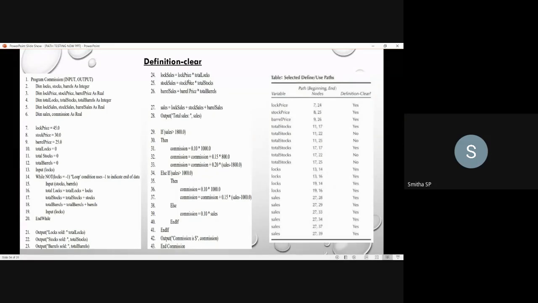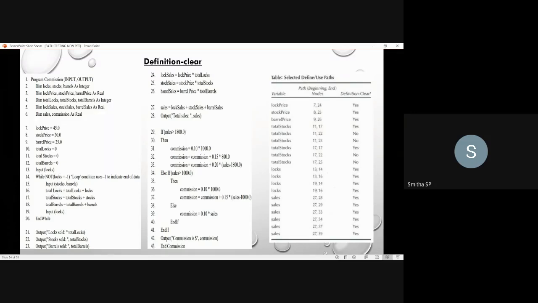Okay, so it's clear. Next, moving to the total stocks. Observe that total stocks is defined as a path wherever it has been used. The first thing: the beginning node is the 11th node, where total stocks is defined, equal to 0.